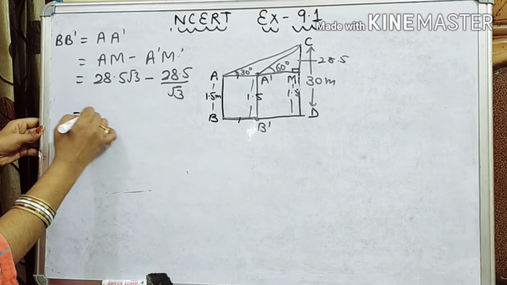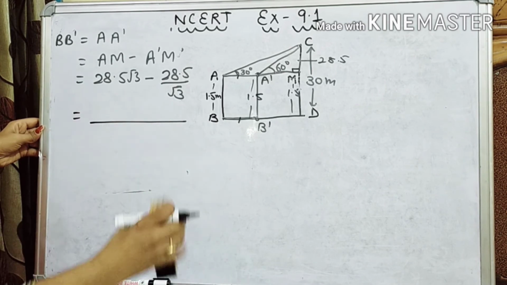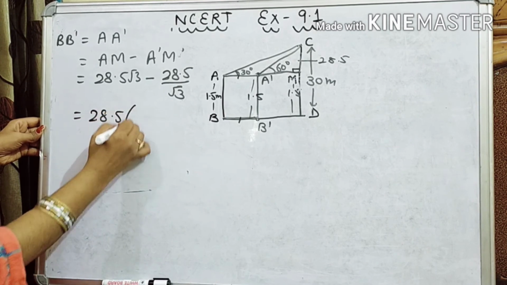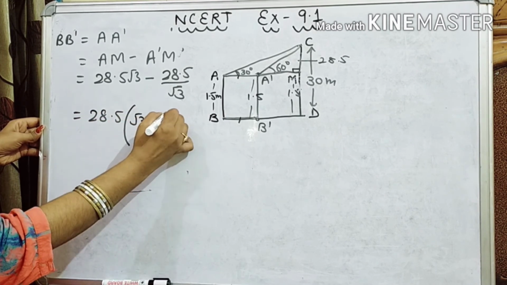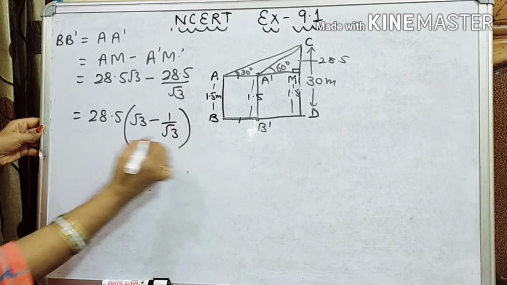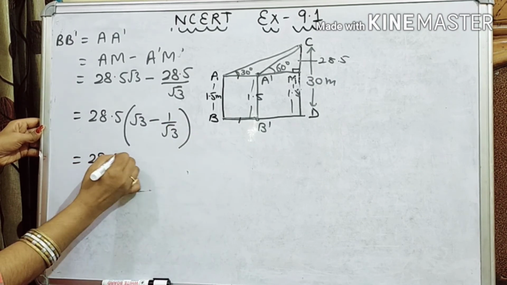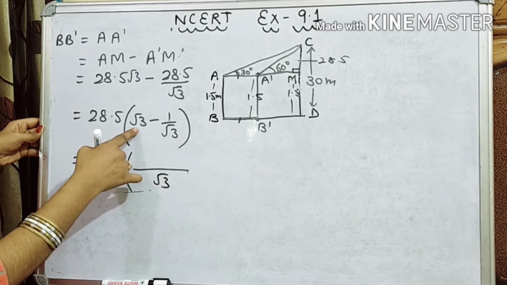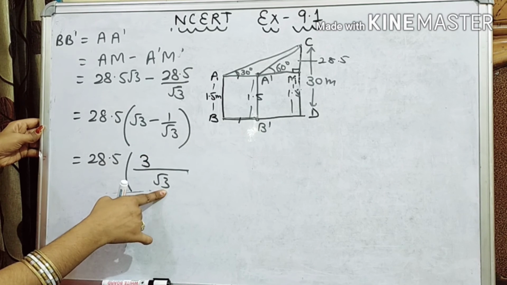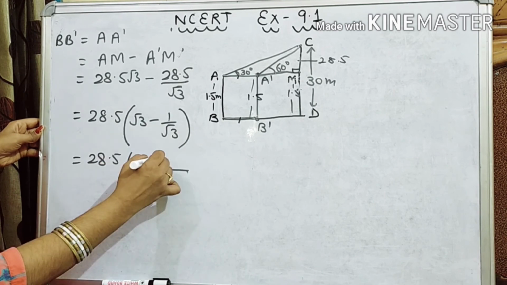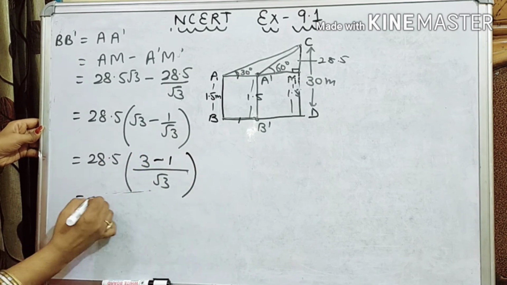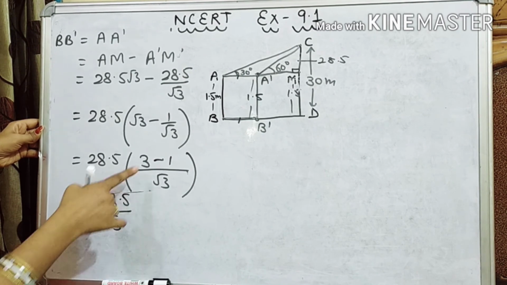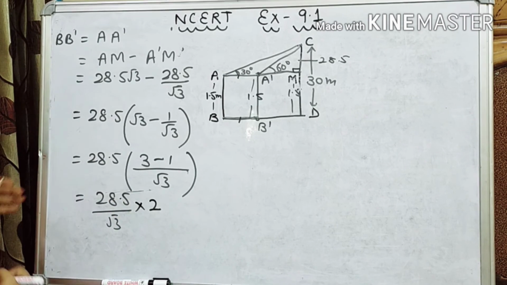What we'll get? Take the root 3, and before that you can take common 28.5. It will make your question easier. 28.5 is common. You are left with root 3 minus 1 upon root 3, and take LCM now. LCM will be root 3, root 3 into root 3 is 3, and this will cut out, we'll get 1, 1 into 1 is 1, and finally 28.5 by root 3, and 3 minus 1 is 2. Now you're left with